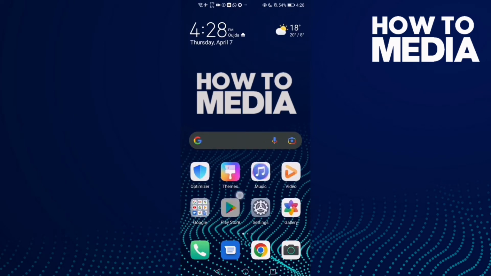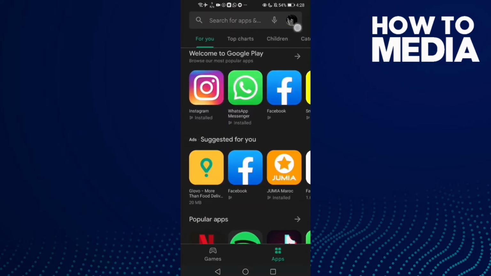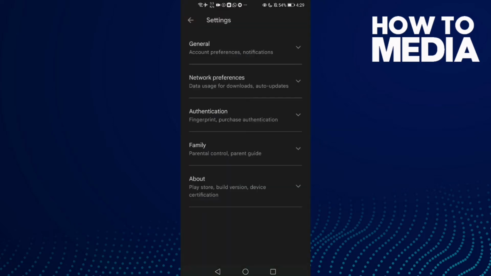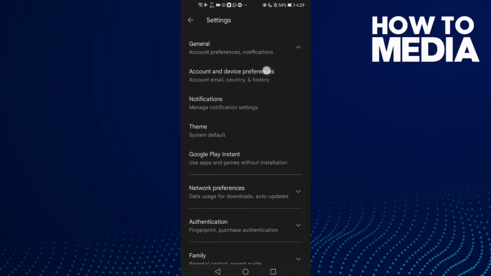First go to Play Store, and then click on your profile account here. Click on it, this one, and then click settings, and now click general, and then click this one, account and device preferences. Click on it,